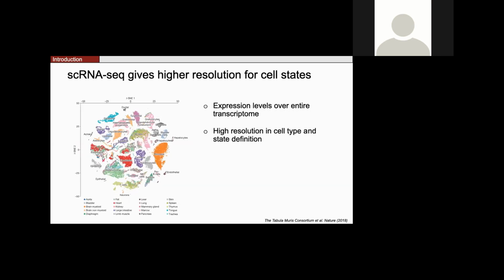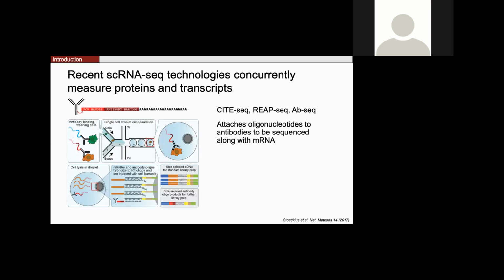On the other hand, single-cell RNA sequencing, which I'd mentioned our lab deals with very closely, allows for much higher resolution in cell states because we can profile the expression level of many genes over the entire transcriptome. There are even some recent single-cell RNA sequencing technologies like CiteSeq, ReapSeq, and AbSeq that can measure gene expression and a panel of antibodies. They do this by attaching a barcoded oligonucleotide to the antibodies, which can then be sequenced along with the mRNA. We'll be focusing mostly on CiteSeq,